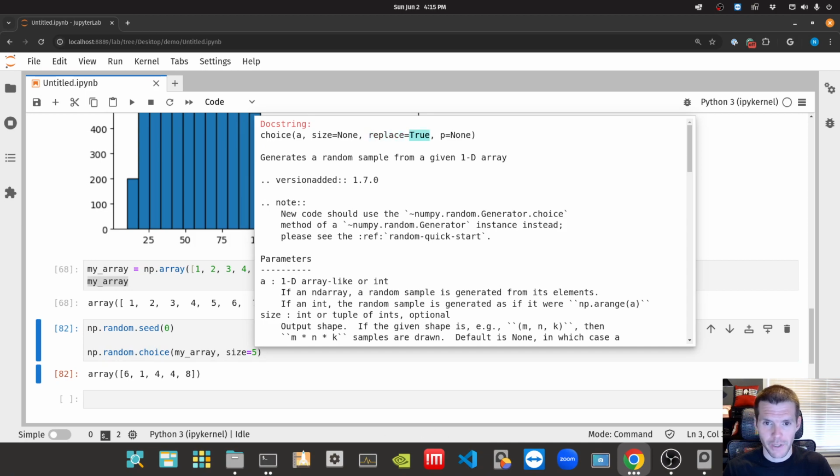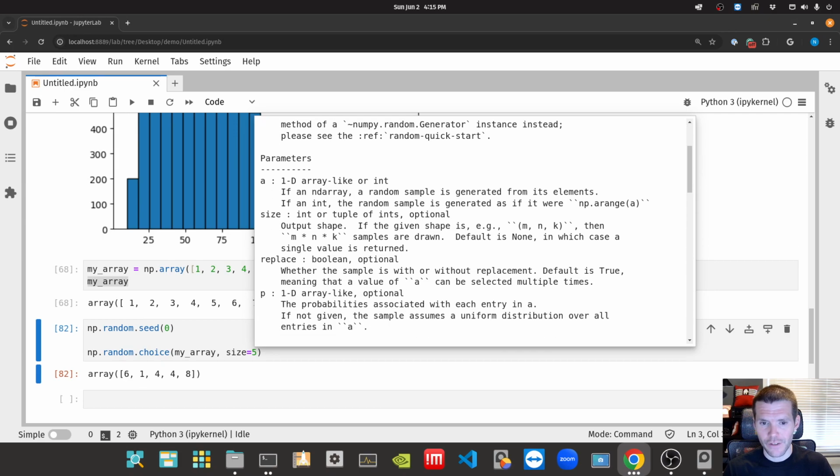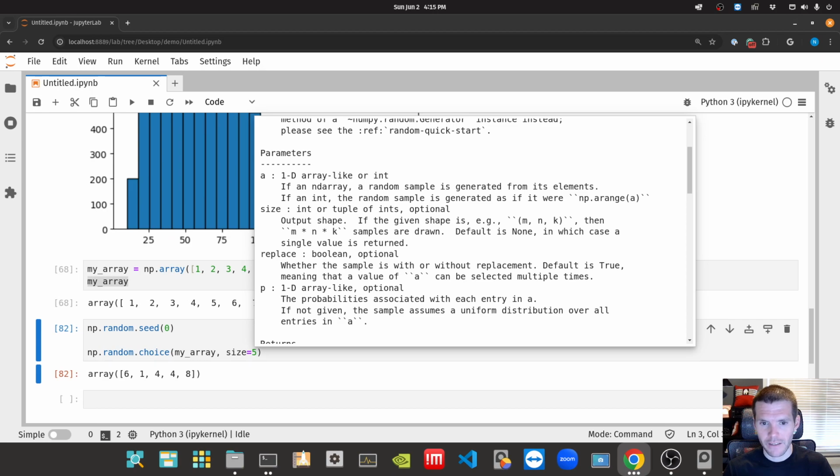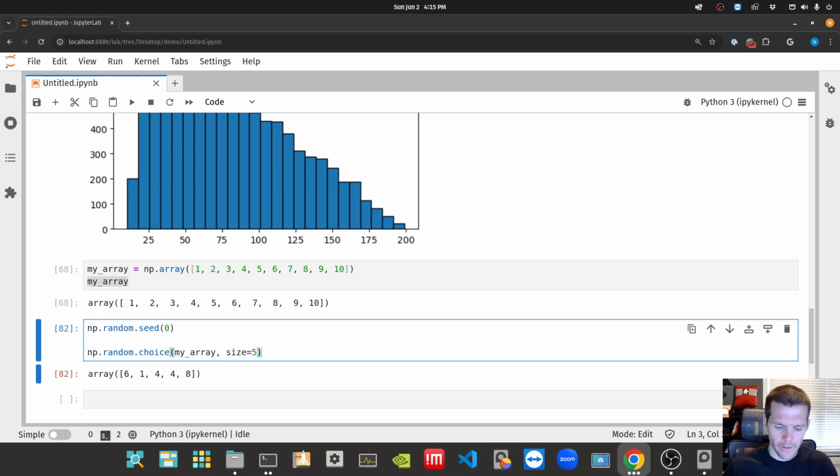By default, it is set to true, or you can set that to false. When you set that to false, it controls whether or not that sample is drawn with or without replacement. So false means it's without replacement. You're not replacing. All right, so if I set replace equal to false,